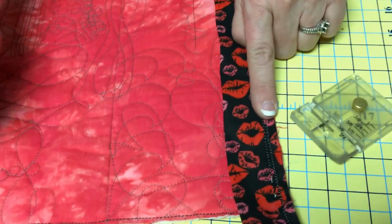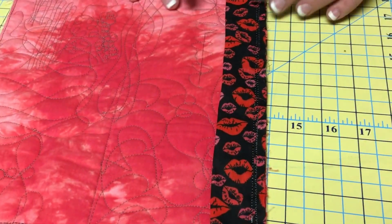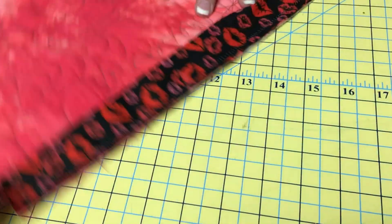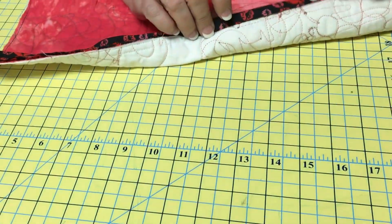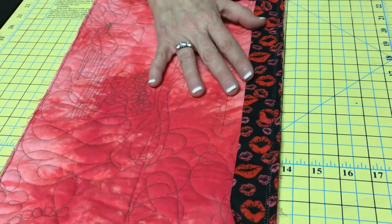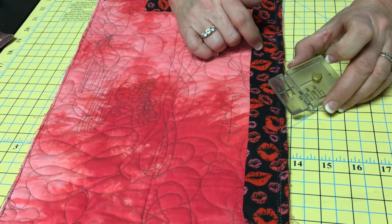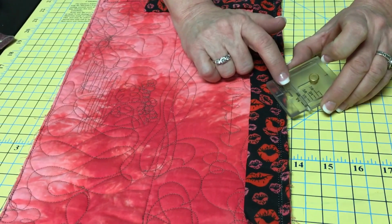When I sew the next side and the next side and the next side, that means I'm going to sew straight consistently. So when we're stitching on the front, when we get to the back, I'm going to have the same amount each time. If you don't sew straight, how can you catch the binding on the back? Straight, consistent. So our seam allowance we're going to use with our 3 inches of binding is a scant 3/8